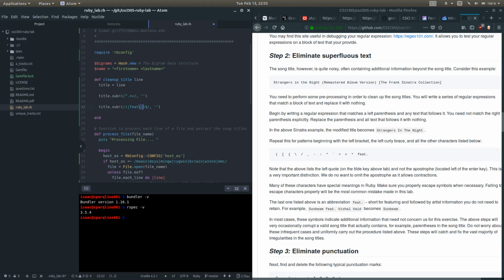We need to escape the dot because that normally would match any character. And then after this class or this group that we're building, we know that there's going to be just any other characters. So we'll use the dot star. So then, once we have that good to go,